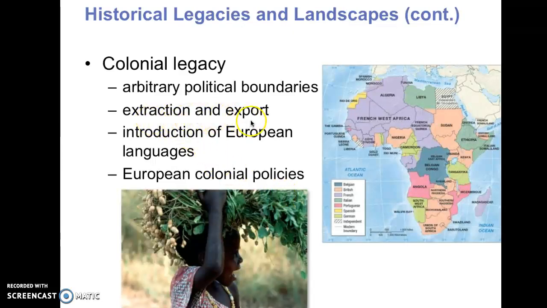The extraction and export, and what they mean by this is colonialism is basically an economic and political and cultural subversion of local cultures and peoples, and it's for the purpose of extracting wealth. Now, usually this extracted wealth was in the form of commodities, raw materials. So you would have things like plantations, you would have large mining companies that would not care about what happened. It changed agricultural practices in this region of Africa.